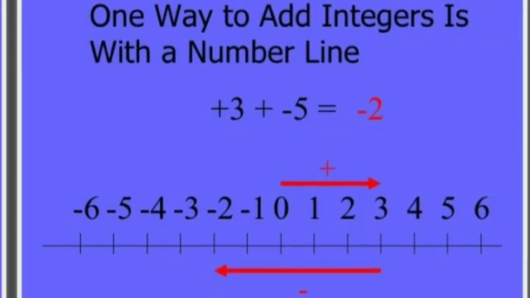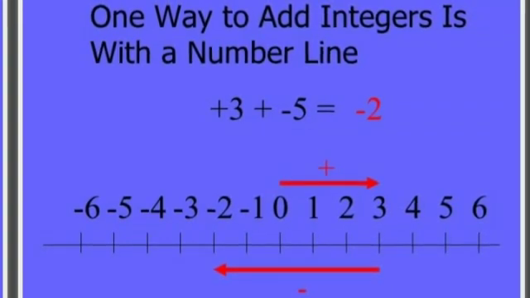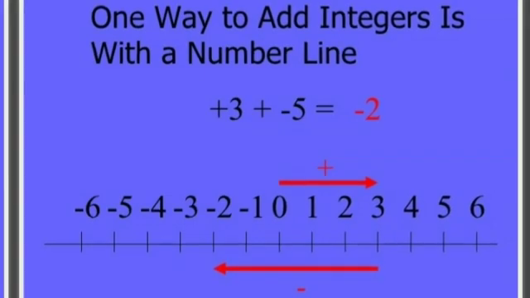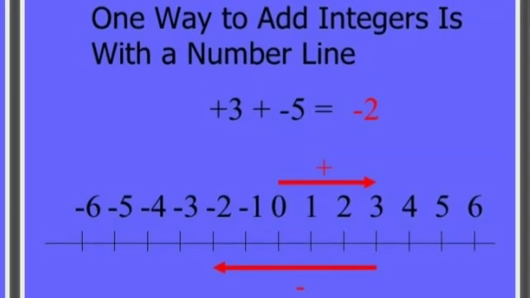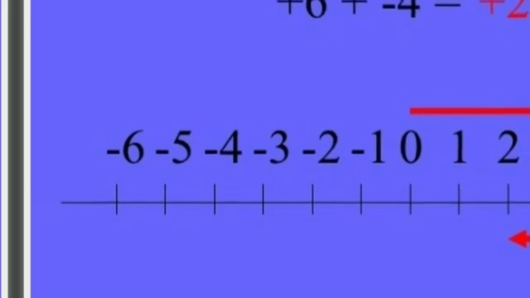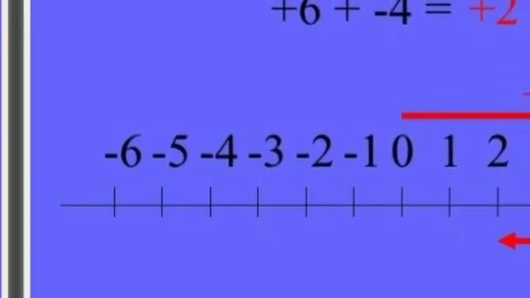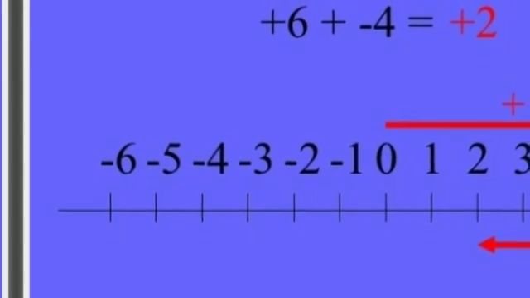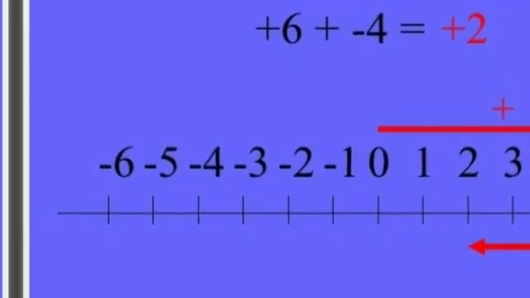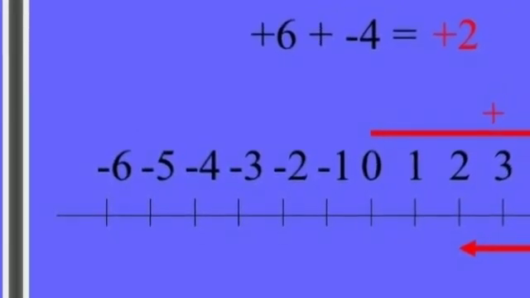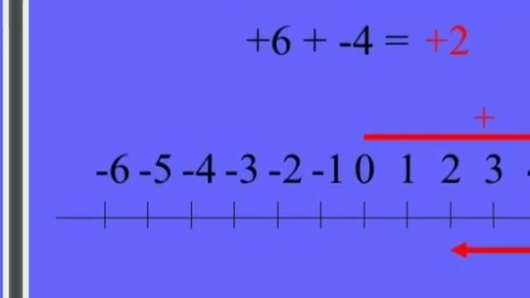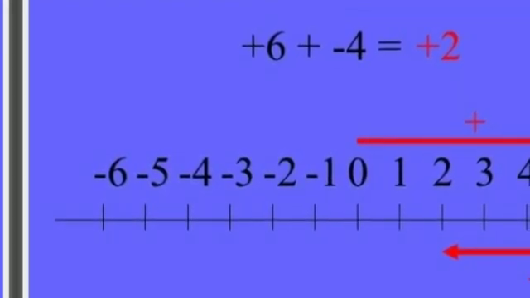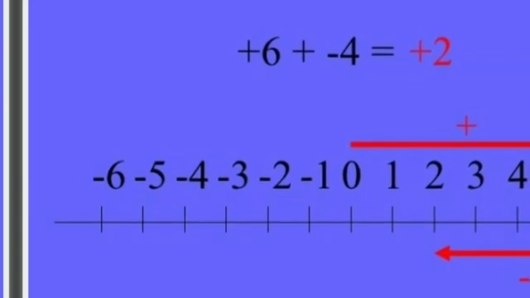See here, one more we'll do. Plus 6 added to minus 4. First, plus 6 means 0 to plus 6. Move towards the rightward direction. 1, 2, 3, 4, 5, 6. Now you are at 6 and adding minus 4. Again you should come back 4 positions because 4 is a negative value.